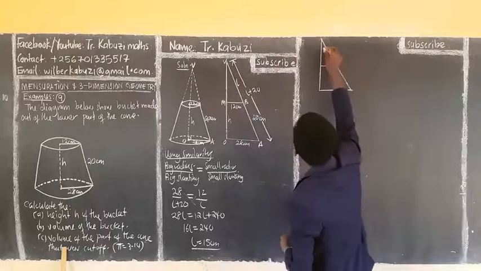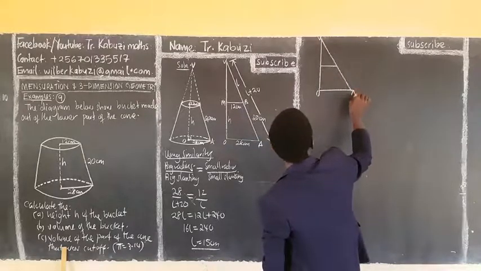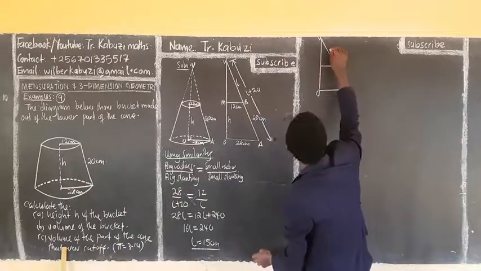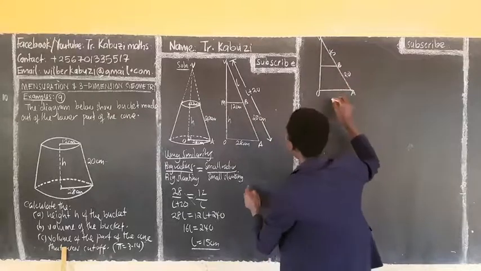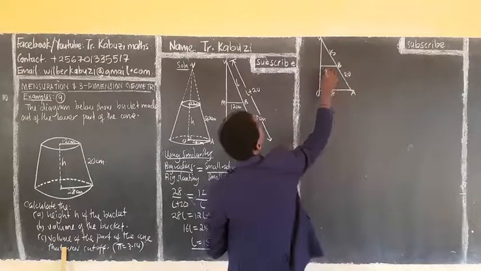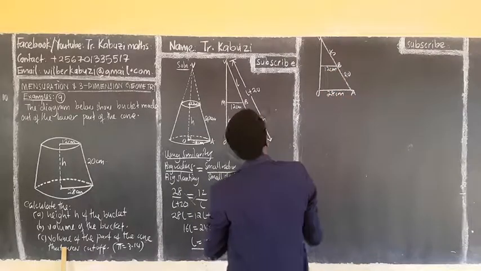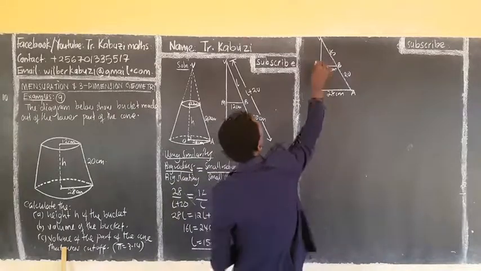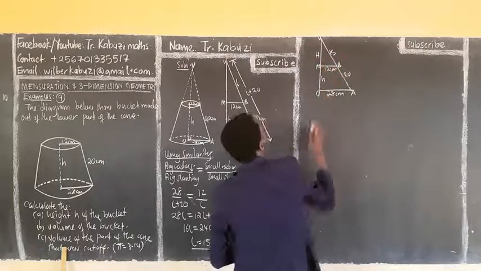Now this is my B, this is my O, this is my A, this is my B. I have now my L as 15, this as 20, this is 28, this is 12 centimeters. Now this is the height I want. If I call this height H, this is in my M,